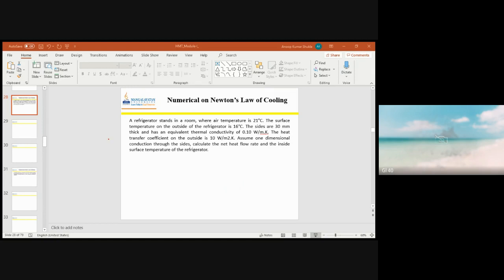So Ts is the temperature of the plate, given as the expression 60 plus 40y plus 0.1 y square. And when y is equal to